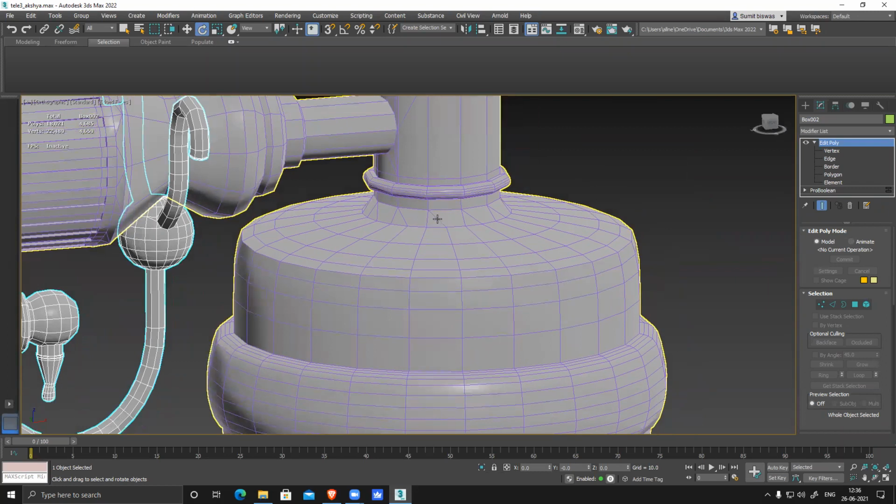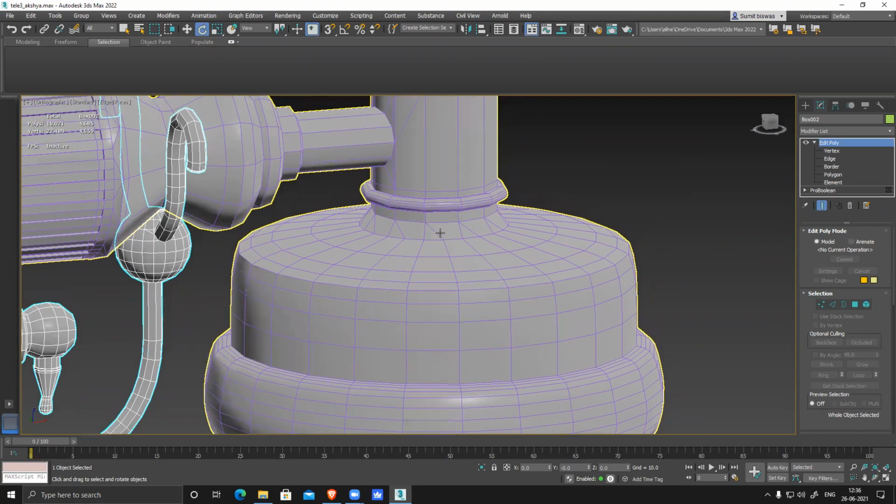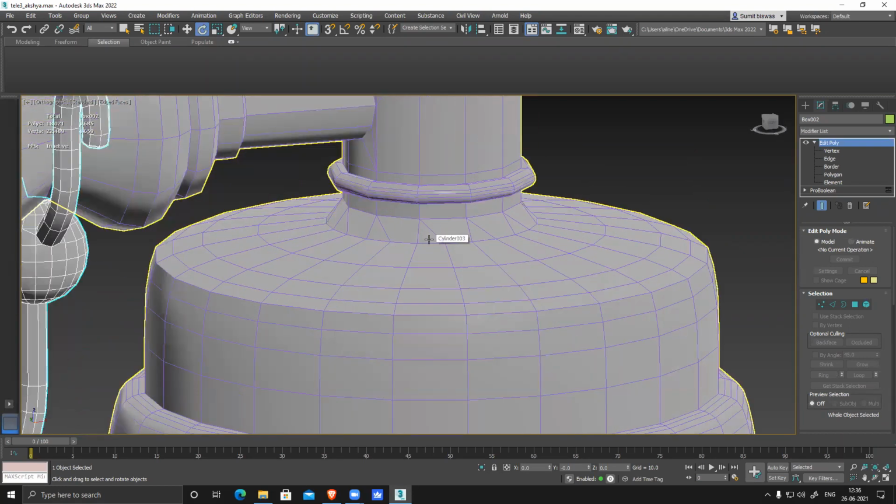And I believe you have collapsed it manually, right? Like you used target weld or something. Yeah, target. Yes, I detached this and. So what happens when you do that? You create this line straight and this line looks like this.